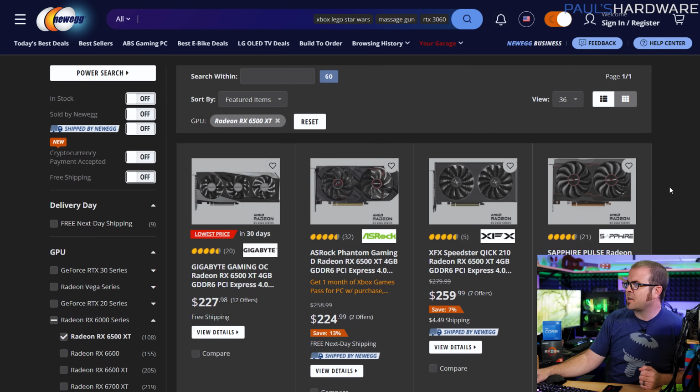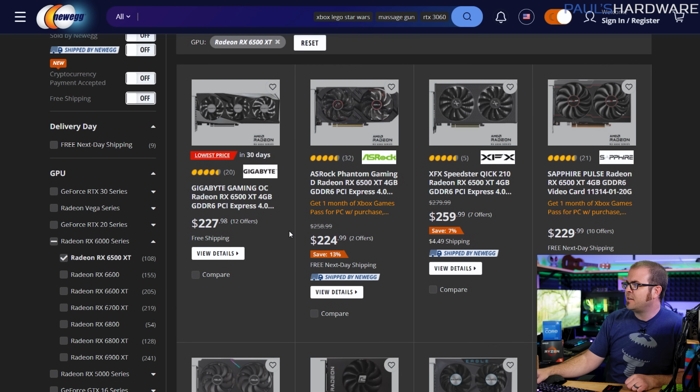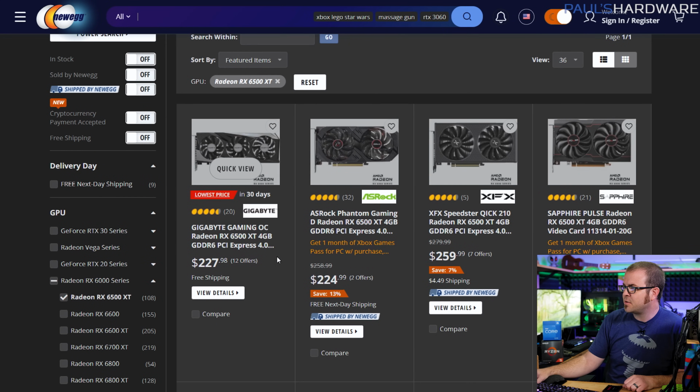I'm gonna go over the ones that I recommend and also the ones that I would kind of warn against. The entry-level, cheapest GPU that's readily available from the current generations of graphics cards, we're talking 6000 series from AMD or the 30 series from NVIDIA, is the 6500 XT, which should MSRP for $200. And if you watched my video on the 6500 XT when it launched, you might know I don't wholeheartedly recommend it. Yes, it is a functional graphics card that you can buy for as little as $225-ish right now, but you only get 2 video outs. The PCIe interface is limited to a x4 connection,